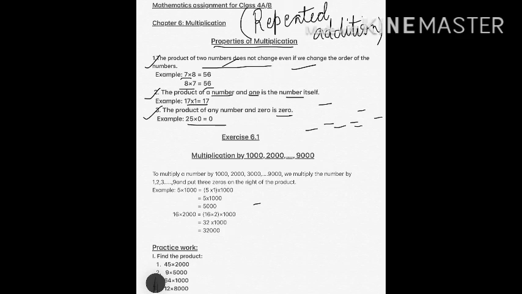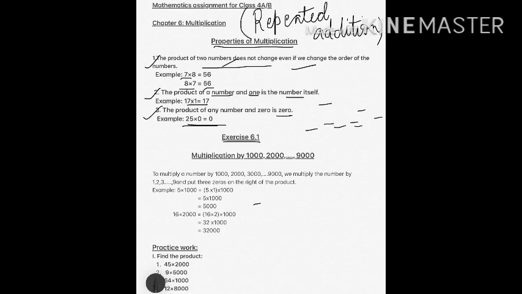You should remember that. Do you remember that in case of addition and subtraction, which you learned in the previous chapter, if we add 0 or subtract 0, the number remains the same? But in case of multiplication, the number becomes 0. When we multiply 0 with any number, it becomes 0. So you have to keep all these points in your mind before doing mathematical calculation, especially multiplication. All right, so let's begin with exercise 6.1.